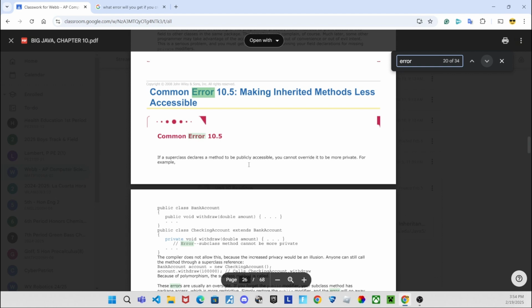Okay. So basically what this is saying is, in the superclass, if a method is public, it has to be public in the subclass. You can't override this withdraw method by making it private. That will cause a compile time error if you try to override a method and change it from being public to private,